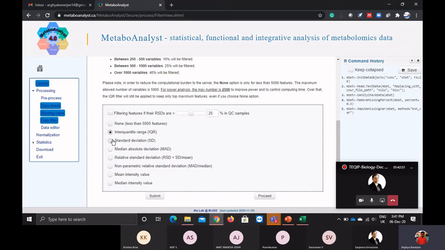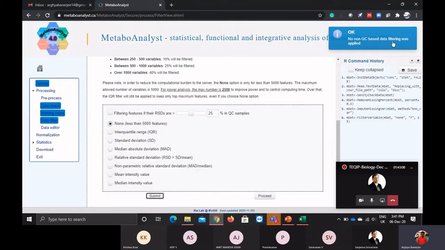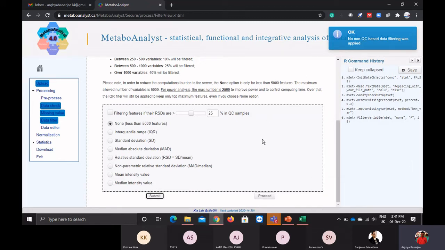But for now, in this case, I will select none. But all these options are there to justify your data. If you want to take high stringency criteria, you can select any of these. I will click submit. You can see here the command will come, a non-QC based data filtering has been applied. Then I will proceed.